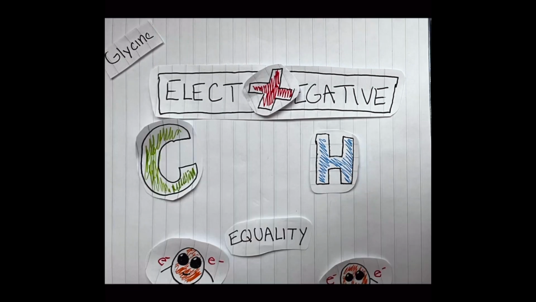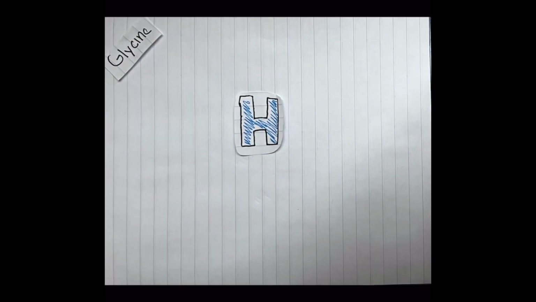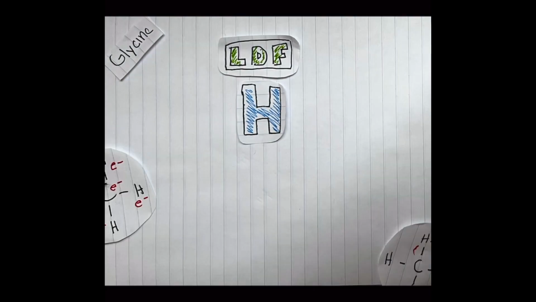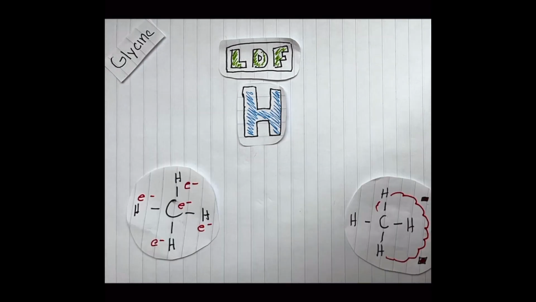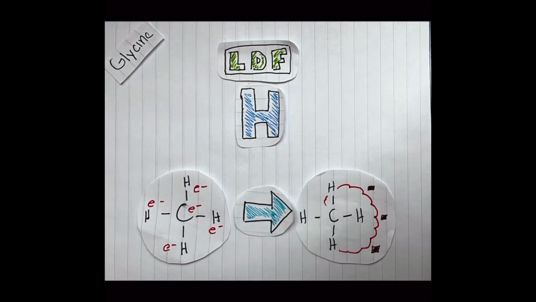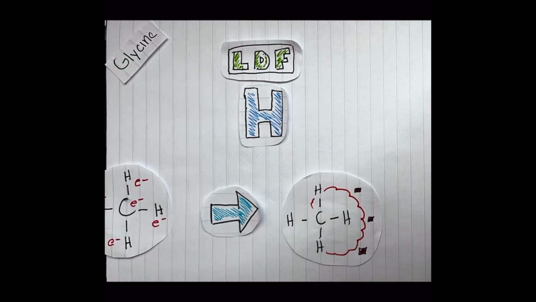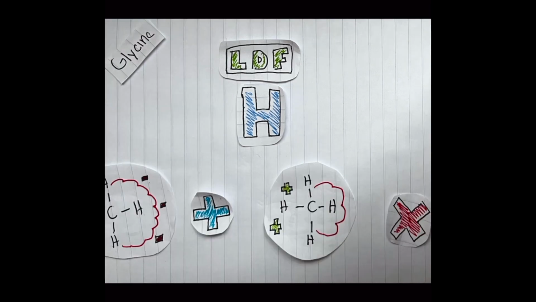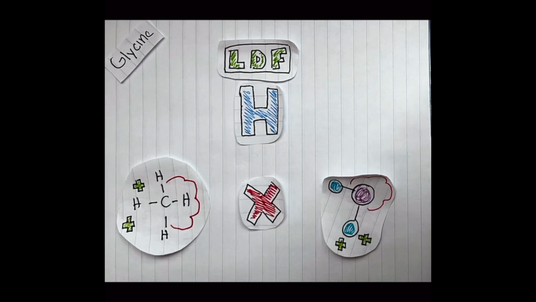This means that the only interaction the R group can participate in is LDFs, London dispersion forces. An LDF is created at random. Since the electrons float around a molecule, there is a possibility for electrons to temporarily shift and create a temporary polar charge in order to interact with other molecules. This is a very weak IMF, as the charge is small and does not interact with charged or partially charged molecules.